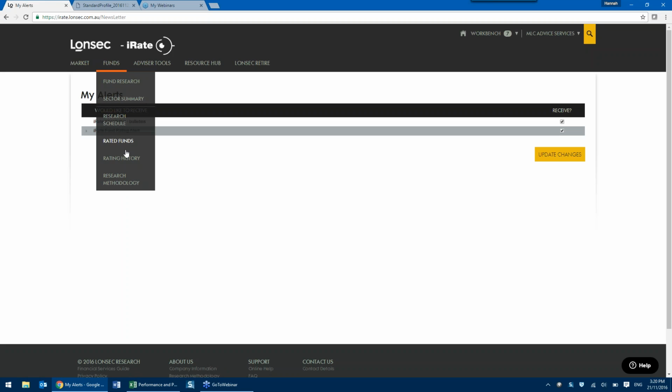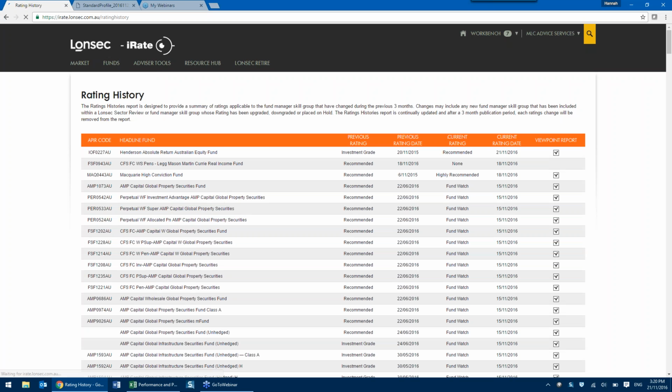Elsewhere within the Funds module, another useful page for you is the rating history. This just logs all the rating changes over the last 3 months. So if the rating's changed on a particular product and you just remember briefly seeing something about it or want to check, you can click Control F and search on a particular item name or an APIR code. So you can see as I'm searching Perpetual, I've got one of 37 results and they're highlighted here for me, so I can flick through and find that product, what the rating change has been, and also download those